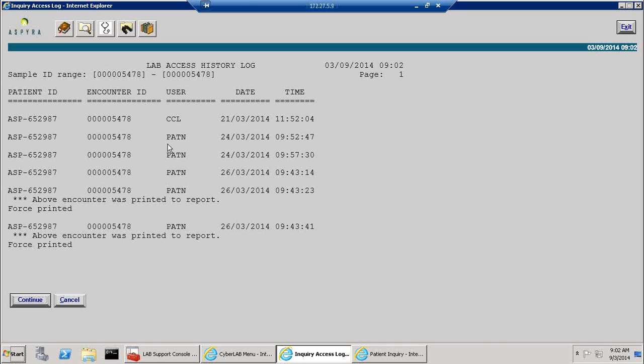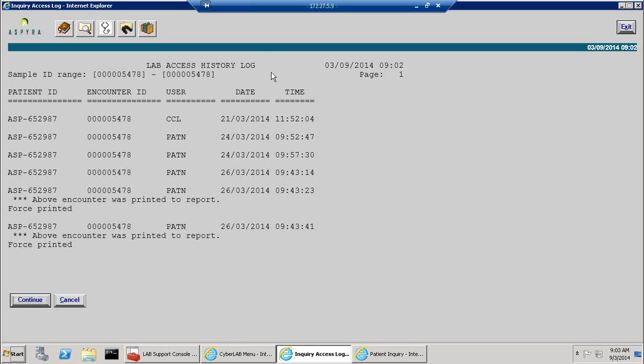Now, if we continue on in this manual, on your system, in the PathLab Singapore system, there was a very, very large amount of data in these files. These history logs, as we call them, access logs, demographic change logs, were a very, very large amount of data. And so what we did was, for dates after we went live with the new upgrade, everything is here in these files. For prior to the upgrade, back to the beginning of time, the history logs are stored in an